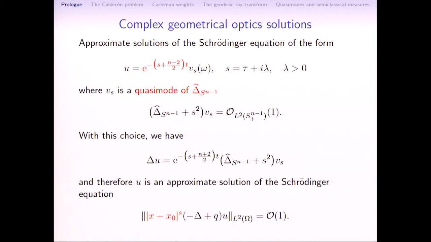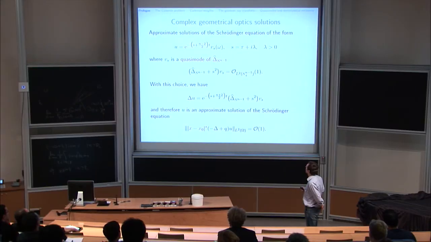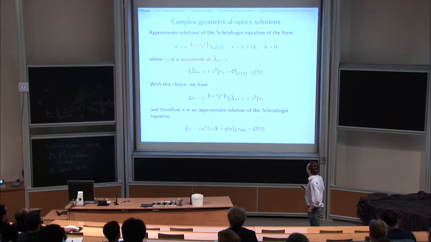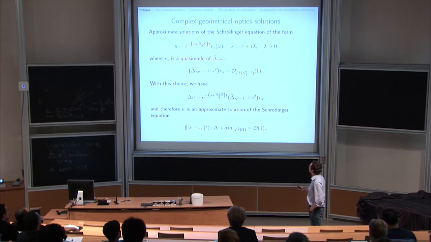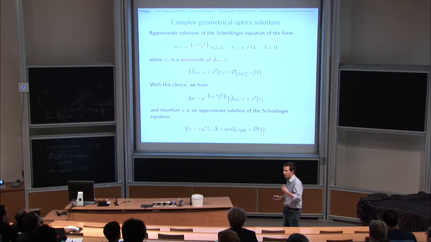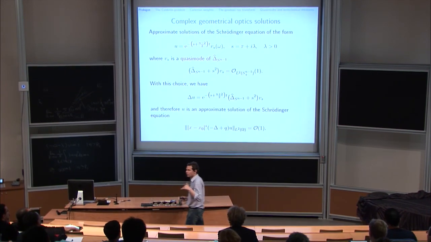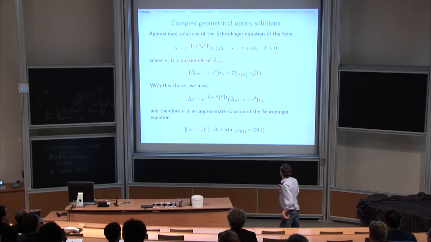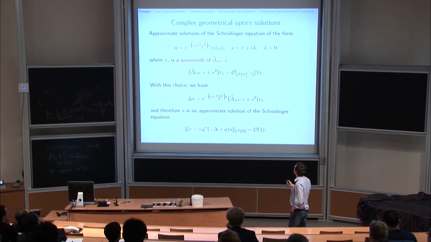So now if you want to solve the Schrödinger equation, one way of doing that is to look for what is known as Quasimodes, here for functions, Vs. And these are like generalized eigenfunctions, except that instead of asking this to be 0, you just ask this to be a bounded function or a decreasing function in the tau parameter. Okay, so you can think of this as a generalized